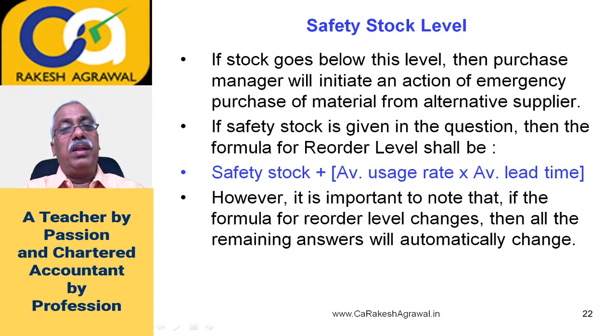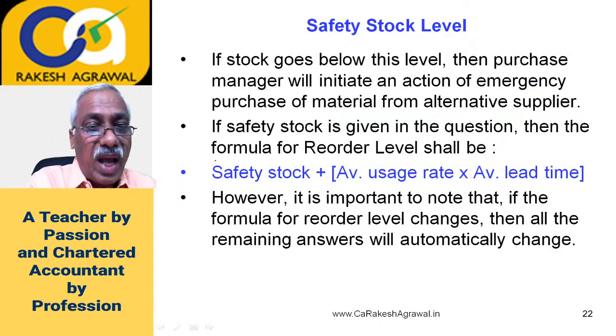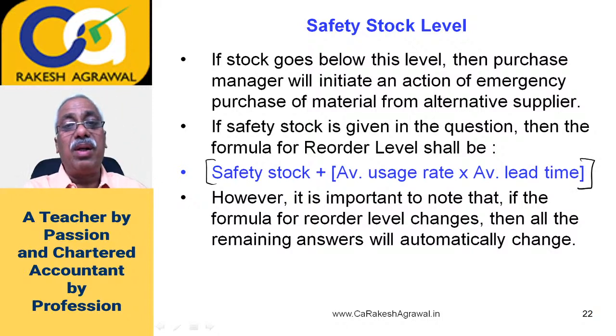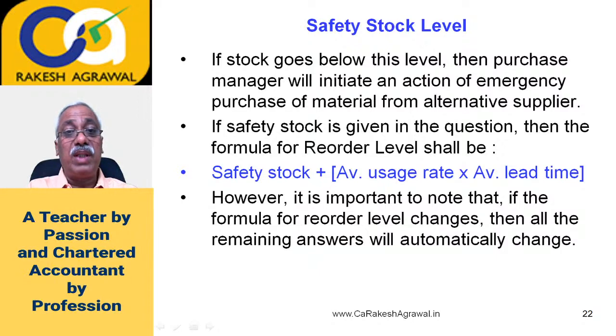Now here is an important point. If there is a question to calculate inventory levels with safety stock, you will first calculate safety stock. Because unless you calculate safety stock, you won't get reorder level. So you will first calculate safety stock, add that safety stock in this formula. Now you will get reorder level, and using this reorder level, you will calculate the minimum level, maximum level, and then average stock level. So this precaution you have to take. If the question is with safety stock, first calculate safety stock, or it is given in the question, then calculate reorder level, and then using that reorder level, calculate the remaining answers of minimum, maximum, and average stock level. This sequence you have to remember because they are interdependent on each other.